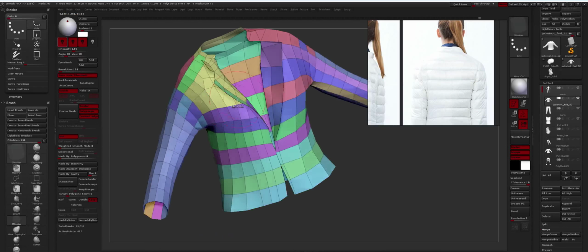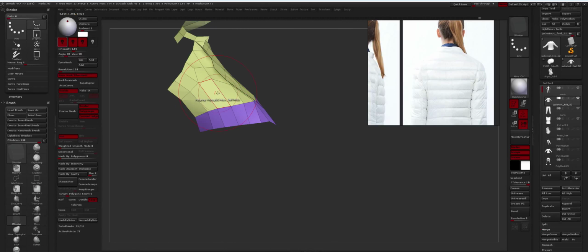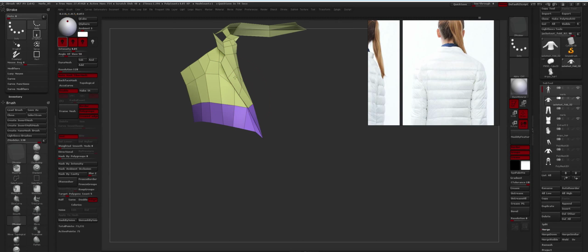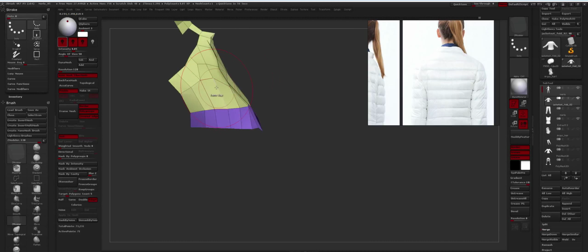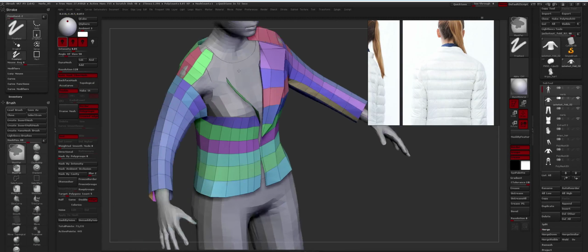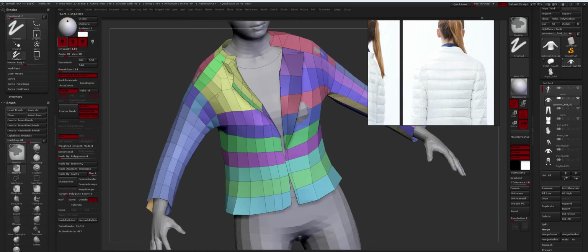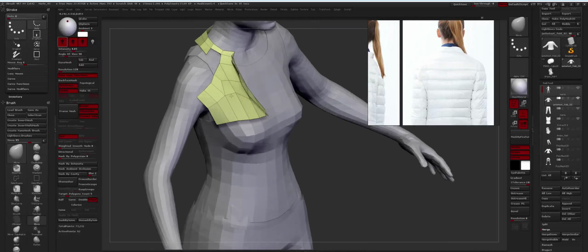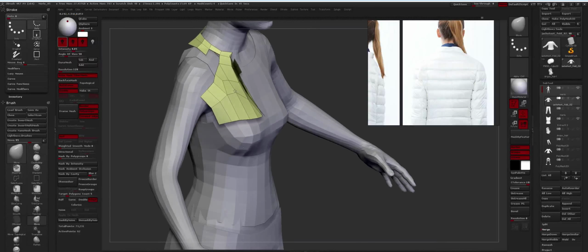Group this one. Oh, this is going to get messy here. I'm not even sure how this is supposed to work. Okay, so basically, it will probably